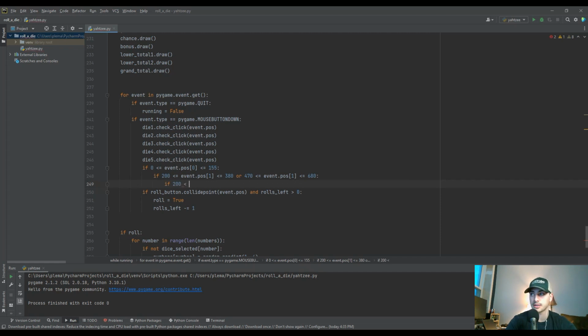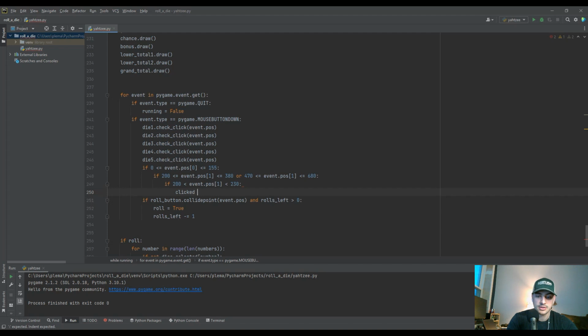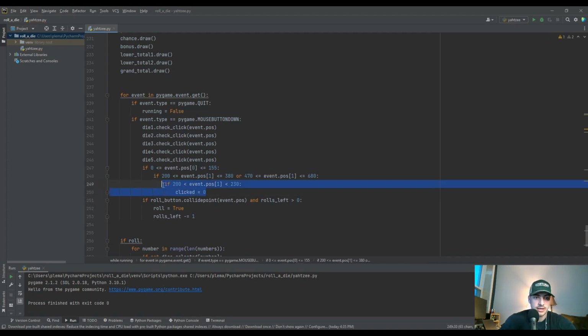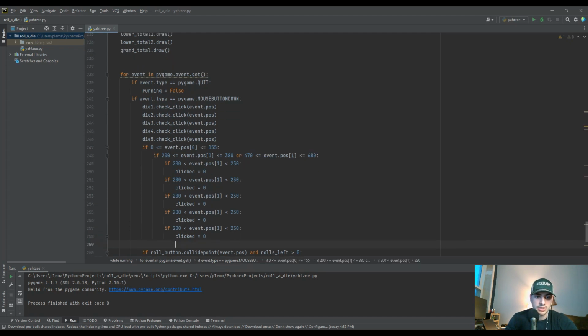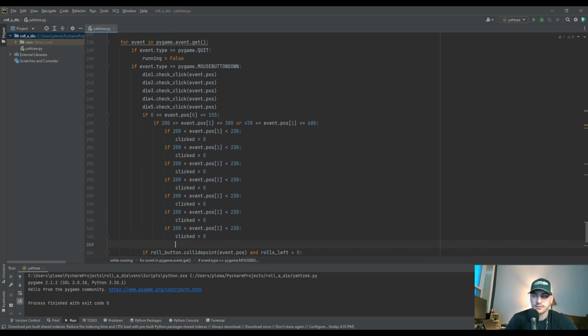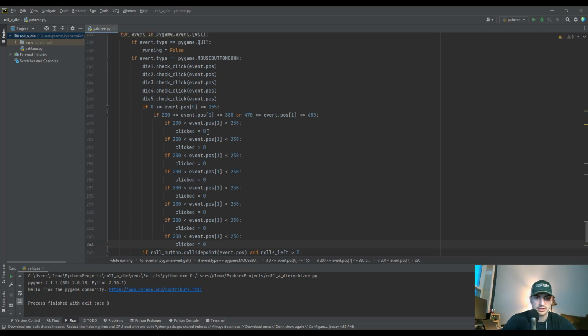So then I'm going to just start checking. We've made sure that it's a valid position to click already. So what we're going to start doing is checking if it's in a specific range. What I'll do is say if it's in that first 30, set this variable we're going to make called clicked equal to 0, and then we're going to go 1, 2, 3, 4, 5, 6. So let's actually just get those added. 0, 1, 2, 3, 4, 5, 6, and let's start adding 30 up to 60, 60 up to 90,